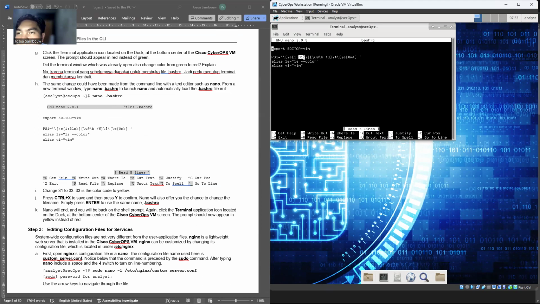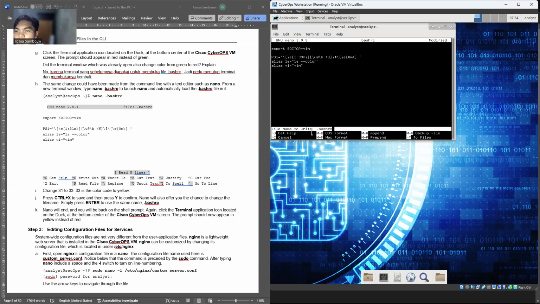Can we change it? 33 and save. Save the modified buffer.